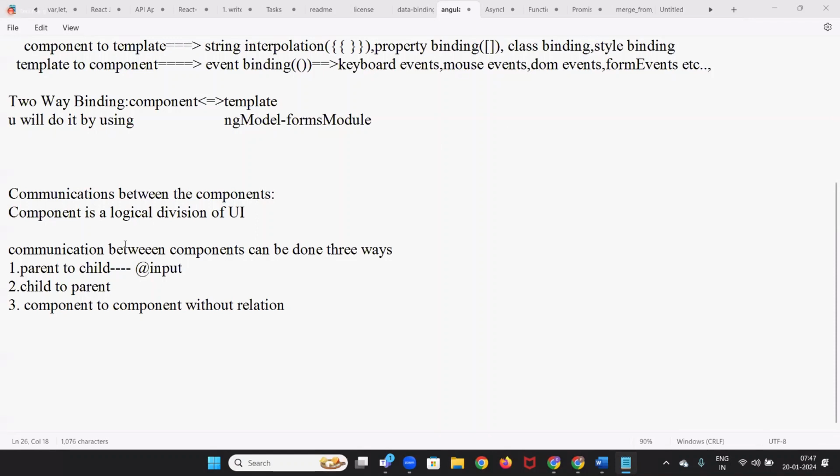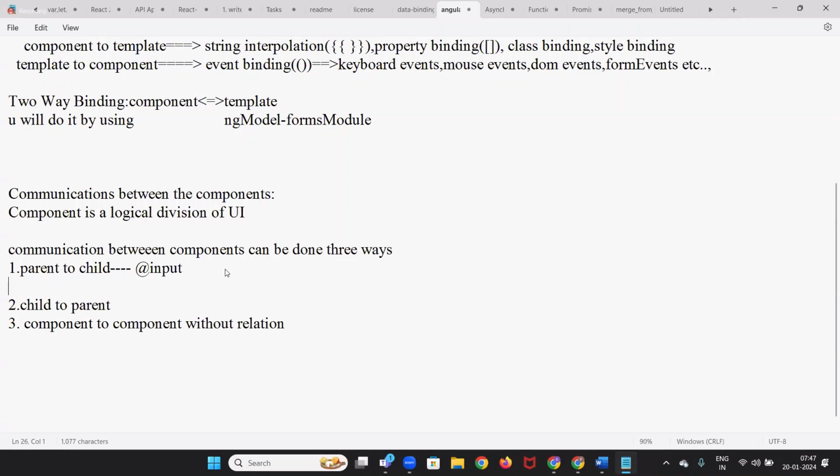Anyway, now see, yesterday we had a quick revision of whatever we discussed till yesterday, and after that we discussed parent to child communication. That means if one component is inside another component, then we call those components parent and child in the notation. Now, how will the parent component communicate with the child component? We have seen it, whenever the parent component